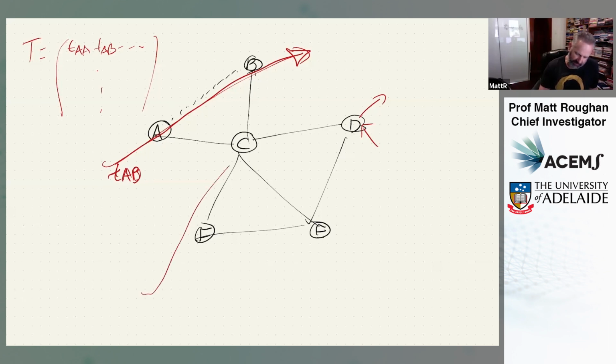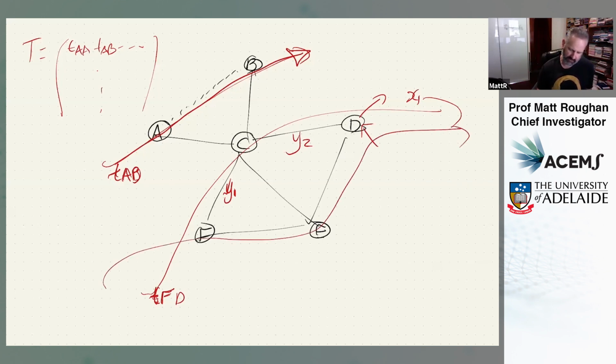Let's do another one here. So TFD. What SNMP will do though, SNMP will tell me how much traffic is on here. So let's call this, and I'm going to reverse my notation here, Y is now going to talk to traffic on links. And I'm just going to call this, for the purposes of argument here, X1. And I could perhaps imagine traffic going through here and traffic going around here. And I'm going to give each one of those a label, an X.